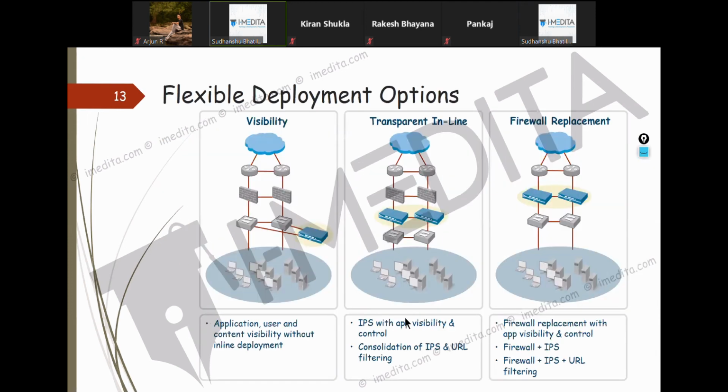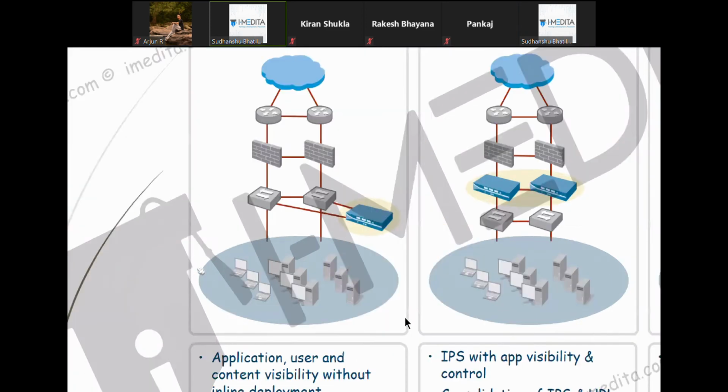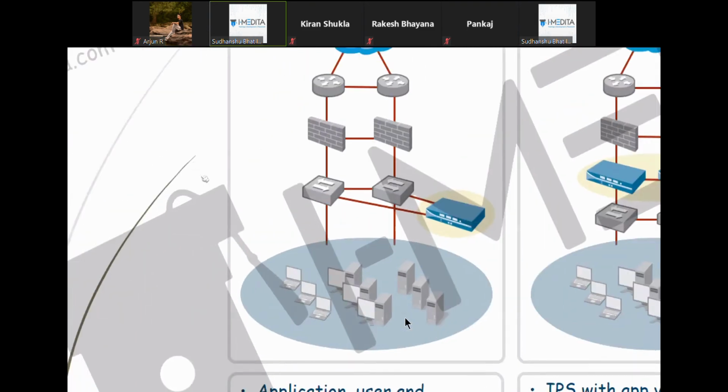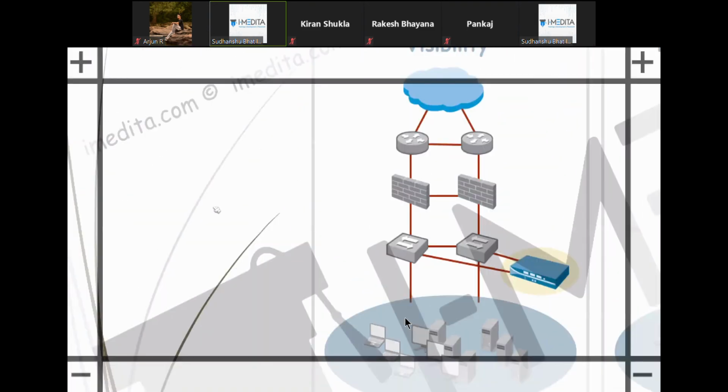Now, talking about deployment options, one way you can deploy the firewall initially, if you don't want to make a big commitment of getting Palo Alto into your network, is to keep using the trusted firewall vendor you were using.